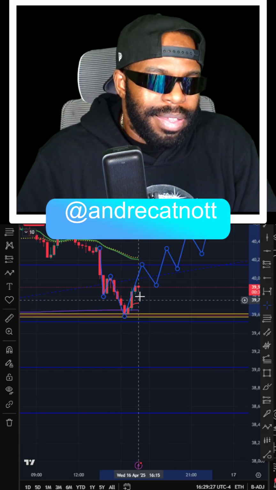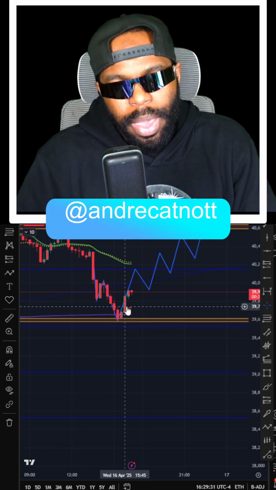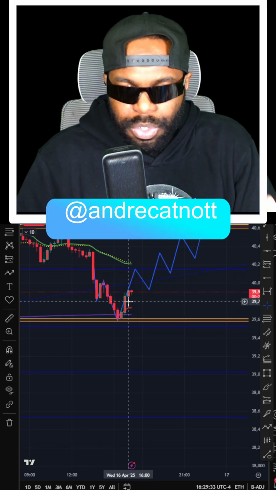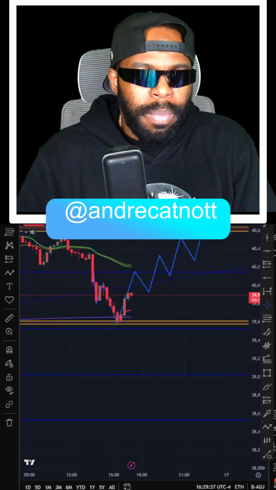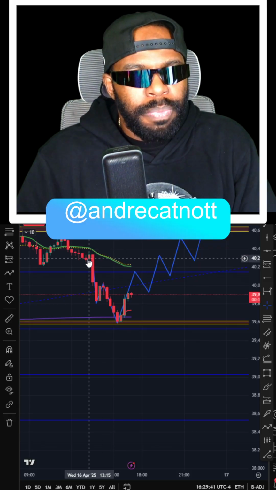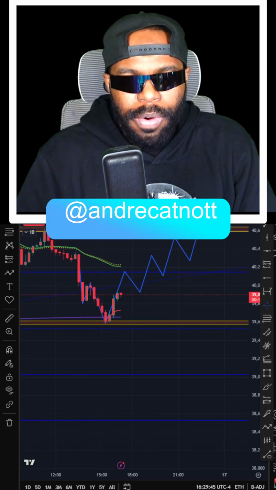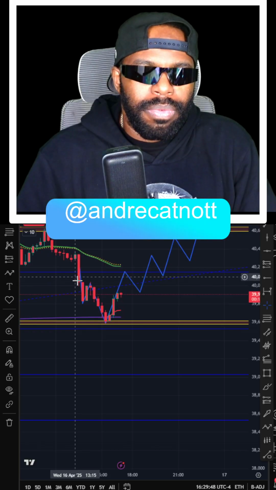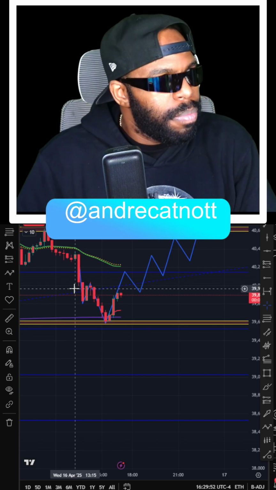And this is why market structure is very, very important when it comes to trading. You have to go with the trend, okay? And right now the trend is bearish. It's bearish on the weekly and the daily, the higher time frames, and it's bearish on the 15-minute and the 30-minute chart. Now, the 4 hour is bullish, but